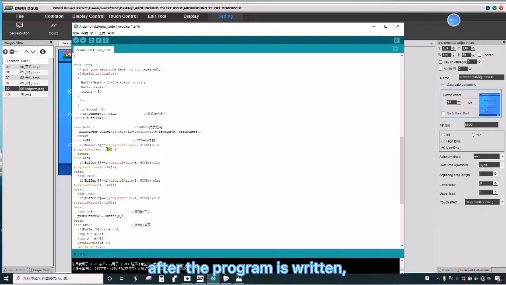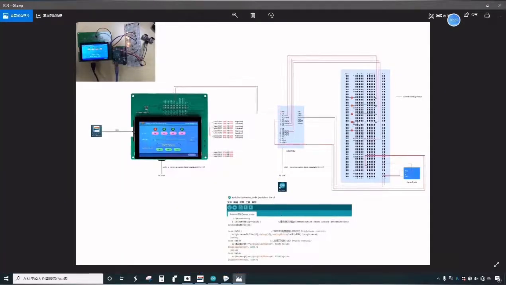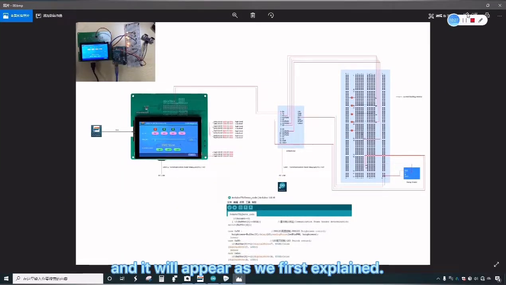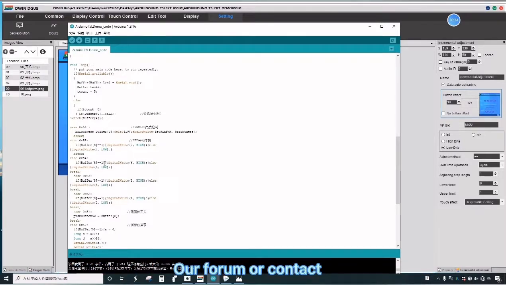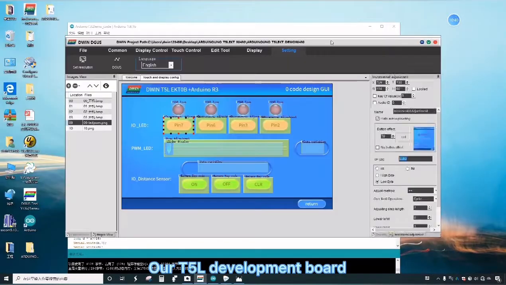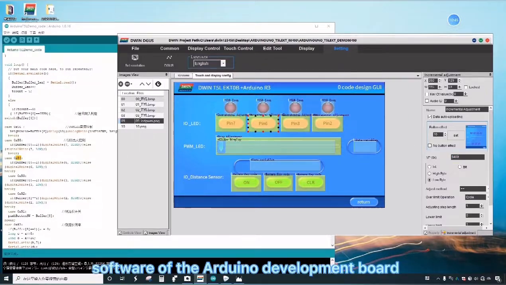After the program is written, perform a compilation, then save it, and then you can download the DWIN software to the screen, and it will appear as we first explained. The actual development results can be downloaded on our forum or contact the corresponding salesperson. T5L development board combines the wiring and configuration software of the Arduino development board and the